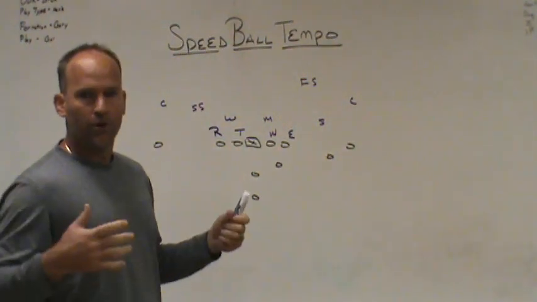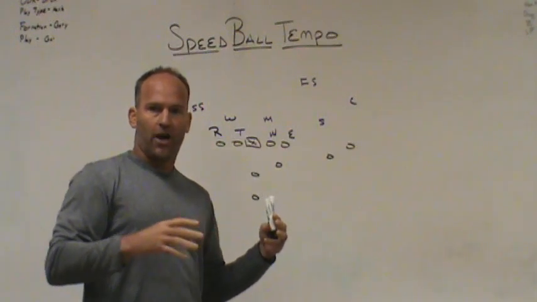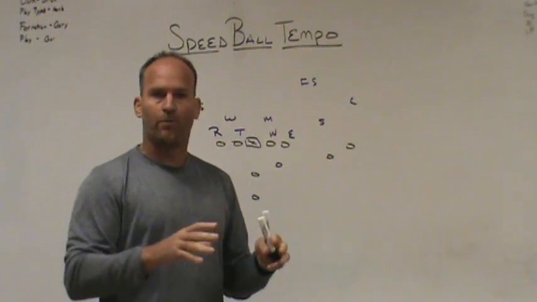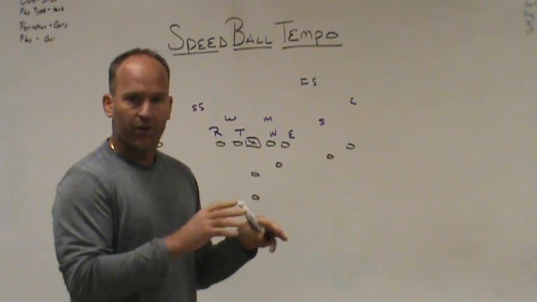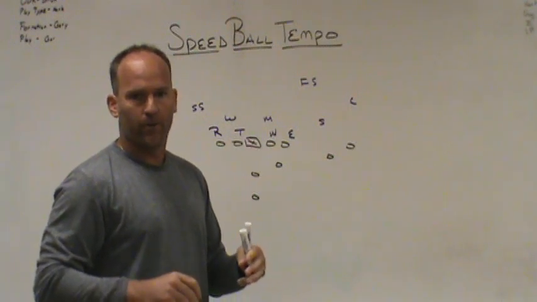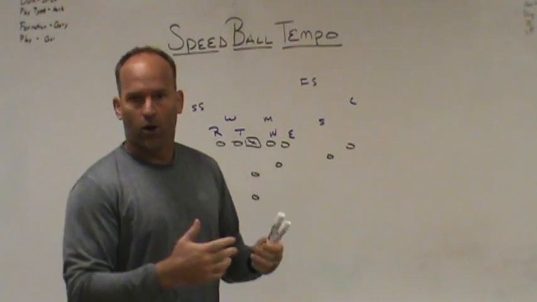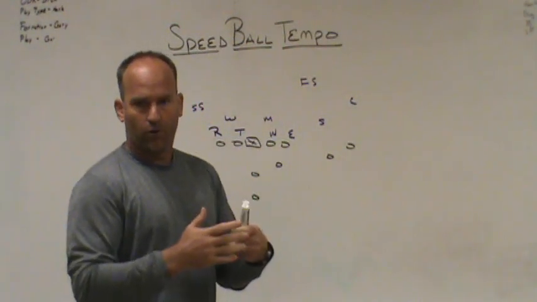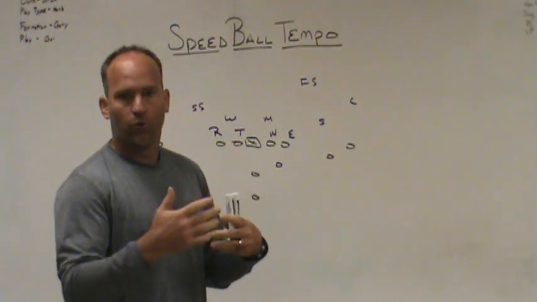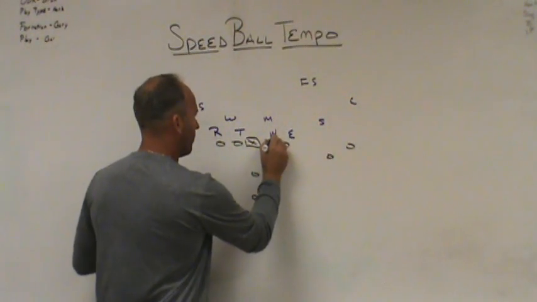So what we would do, in the huddle on the sideline, coming from the huddle on the first play of a drive, we would say, hey, we're going to run this play and we're going to go speedball. And what our players know is that we want to run that play out of that formation every time until we kill the speedball tempo. So if we were to come out of the huddle with our key screen, which is our inside veer out of the pistol, which replaces zone read for us, so it's really our answer to zone read, key screen, or bubble screen, we would come out and we would run